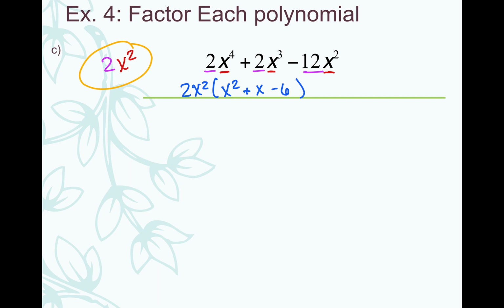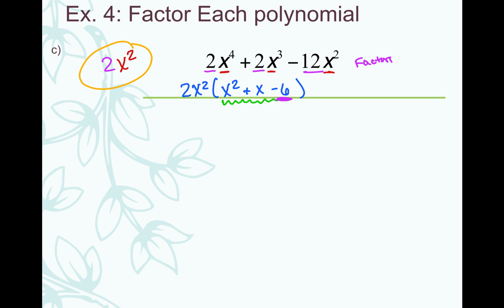Now, within my parentheses, I have this 3-term polynomial. So I'm going to use one of my trinomial methods. I notice that this is just an x squared plus bx plus c trinomial, not an ax squared plus bx plus c. So I'm going to make my little chart over here of my factors of